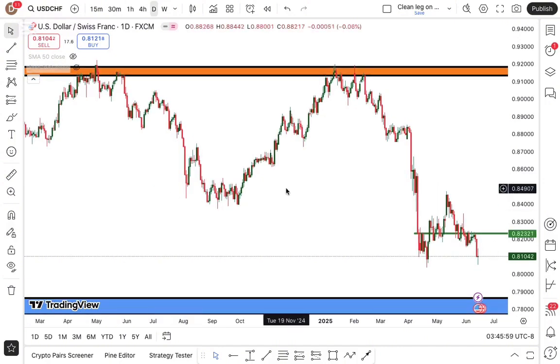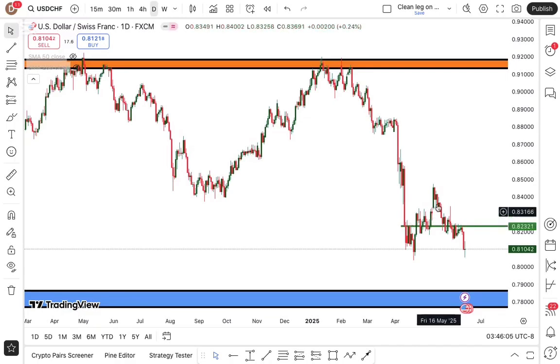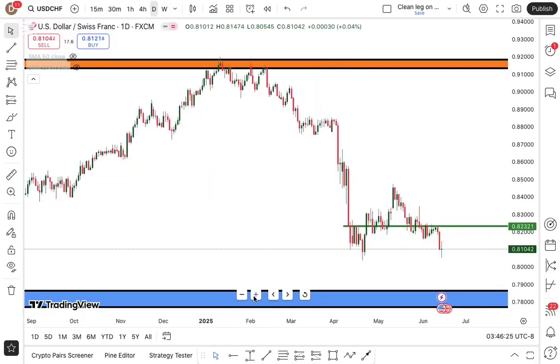All right guys, so moving on, we have the USD CHF. So this actually went ahead to print us a head and shoulders pattern like so. So this is just where the neckline is around. So what you need to see is very simple: a pullback into 0.82321. I think this will be the final leg down for USD CHF, to take this guy all the way back down to